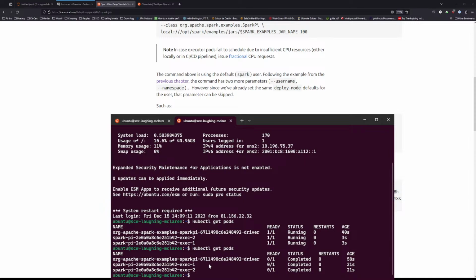The operator has taken the Spark submit job, submitted it to the Kubernetes cluster, spun up two containers to run the job, and then shut the whole thing back down. So the nice thing about this, which is different to the way that the Bitnami Helm chart works, although that does have auto scaling stuff in it,